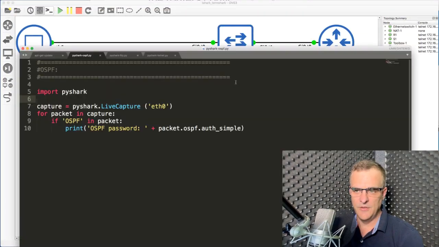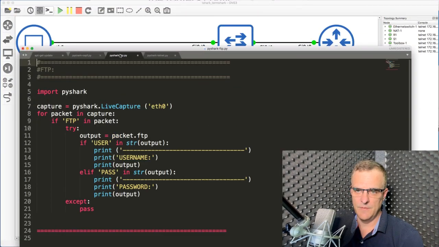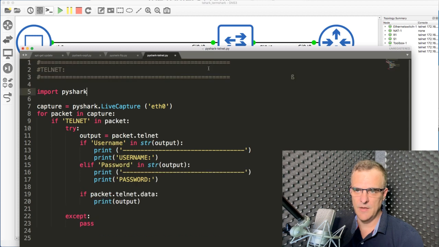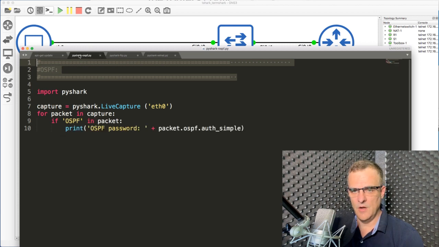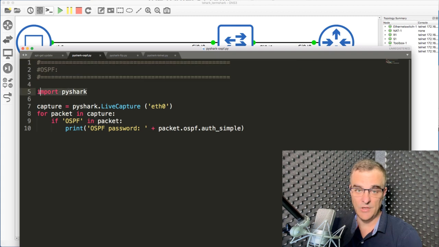Now, based on the feedback that I've received, I'm going to show you some additional Python scripts and show you how you can leverage Wireshark to capture usernames and passwords automatically off the wire. In this example, I've got an OSPF script, an FTP script, and a telnet script. These are Python scripts. So I'll show you in a moment how you can use both Wireshark, which leverages T-Shark,